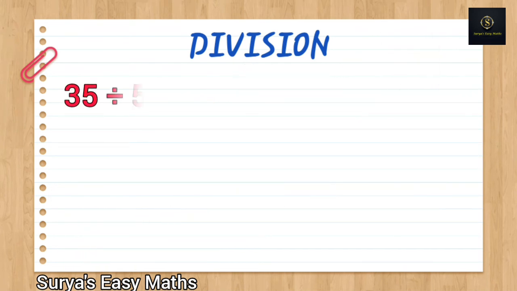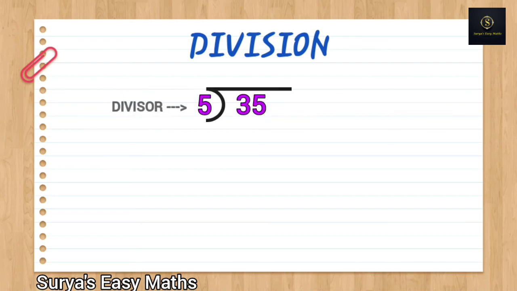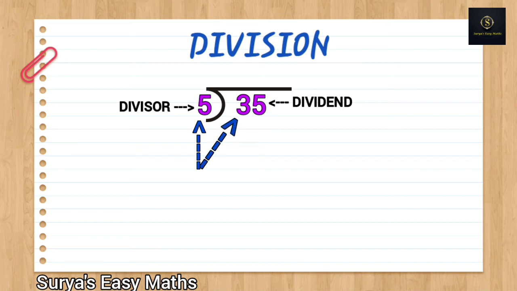Now let's see the last example. 35 divided by 5 is equal to what? So first let us write it in the long form. Our first step is to check the divisor with the leftmost digit of the dividend, which is 5 is greater than 3. So 3 doesn't come in the table of 5. So now we will take both digits together and see whether 35 comes in the table of 5.